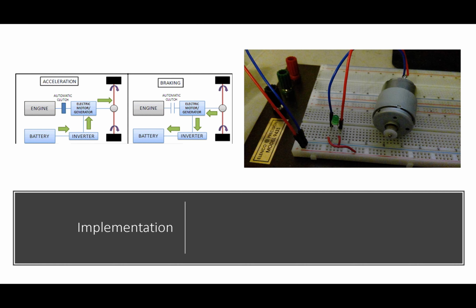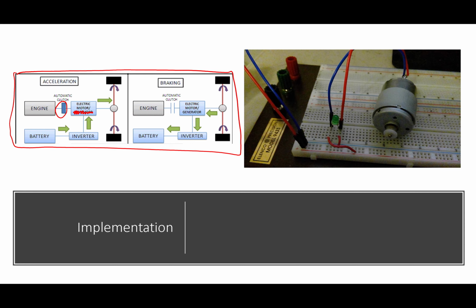And here's a diagram of a regenerative braking system implemented onto a vehicle. So here, when we're accelerating, a clutch will engage, which tells the motor that it is going to be a motor right now. So this motor will spin the wheels forward, which makes the car move forward. However,